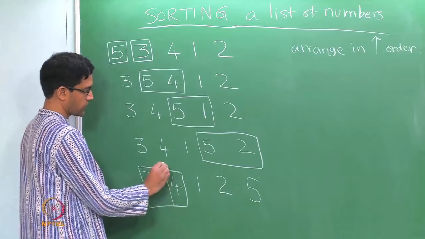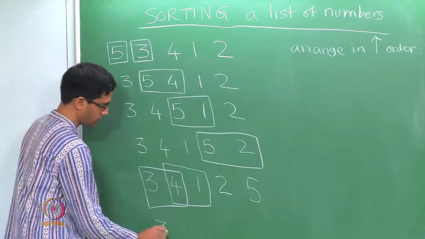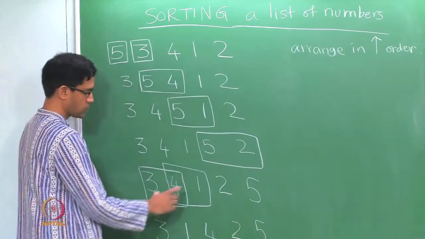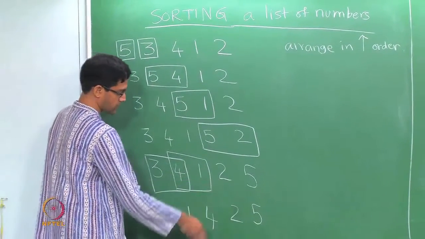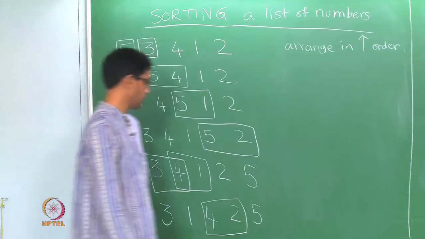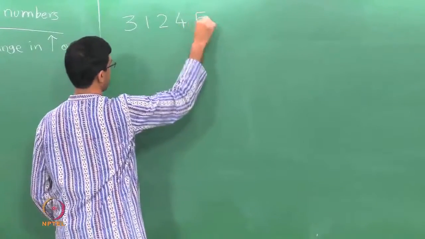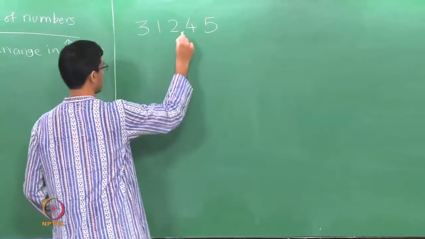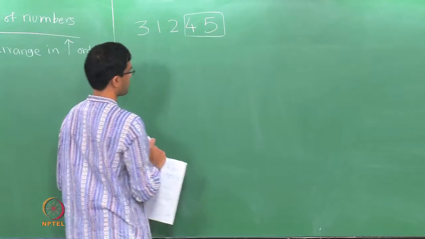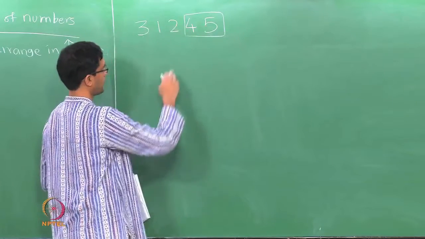So then you focus your attention on the next two numbers, in this case 4, 1, they are in the wrong order, so of course you need to swap those two now, makes 3, 1, 4, 2, 5. So the window now moves from 4, 1 to the next set of two numbers, so it moves to 4, 2. So again you need to swap, so let me write this out here. It now becomes 3, 1, 2, 4, 5, and now you compare the last two numbers, and here you don't really need to swap because they are in the correct order.